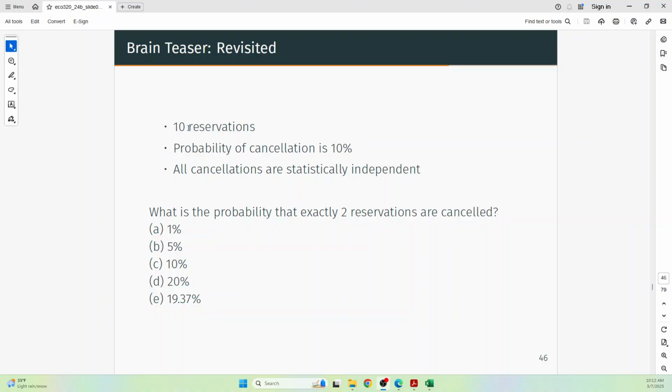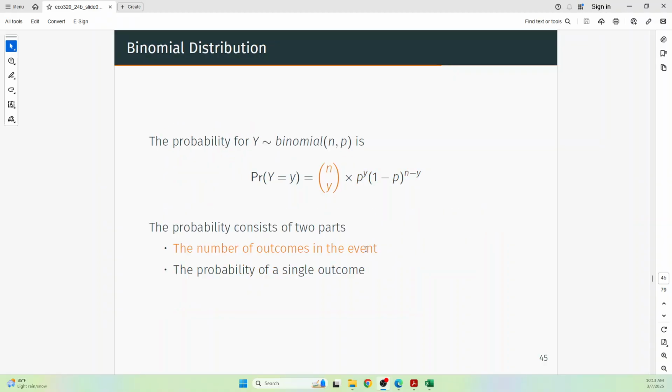We have 10 reservations and the probability of cancellation is 10%. They are independent, and we are interested in the probability of 2 cancellations. So how do we calculate that? Technically, we can apply this